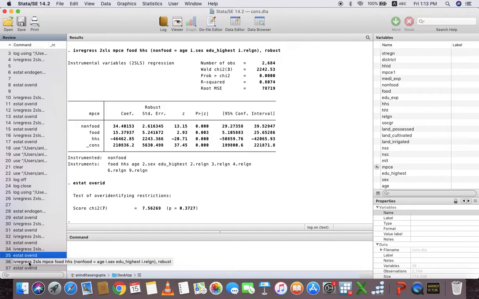That means if household size increases, MPCE decreases significantly. So that is our correct model, and in this way we can use the instrumental variable regression model to solve our problem where there is one endogenous variable among all our regressors.